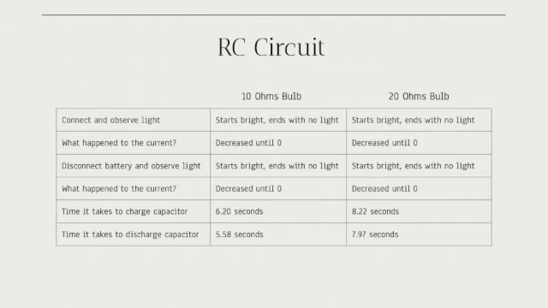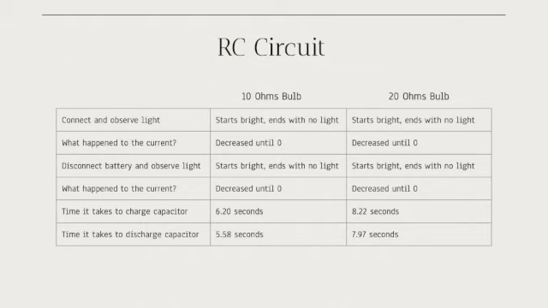Next, we'll get into the RC circuit, and I've written down some of the observations when we did certain things to this circuit on the simulator. So first we used the 10 ohms bulb, which had the same results overall for the first 4 categories. When we connected it to the battery, the light would start up bright and end with no light. So the current is decreasing until it gets to 0, and that is the same as when we disconnect the battery and let the capacitor